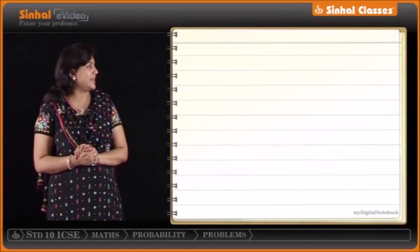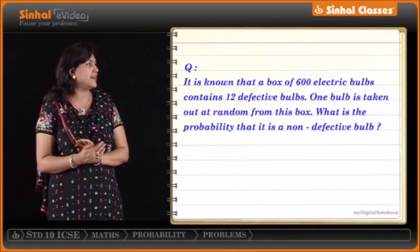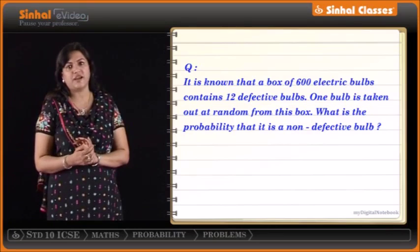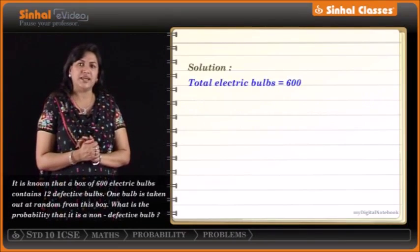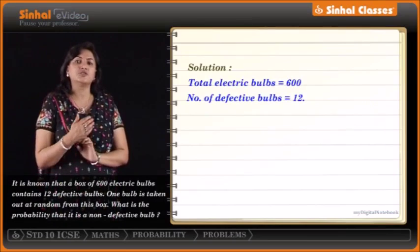Now let's look at our next problem. It is known that a box of 600 electric bulbs contains 12 defective bulbs. One bulb is taken out at random from the box. What is the probability that it is a non-defective bulb? Now here we are given that the total electric bulbs are 600 and there are 12 bulbs which are defective. So the number of